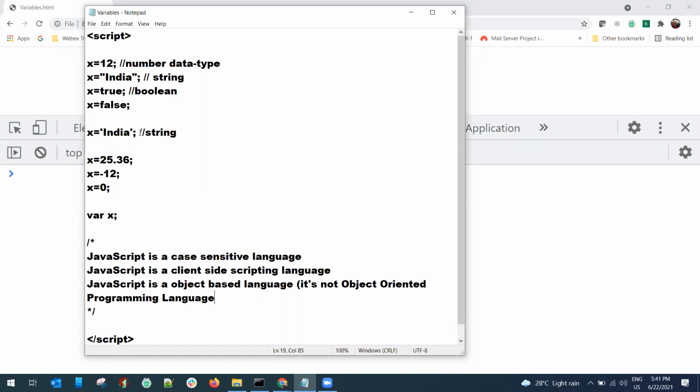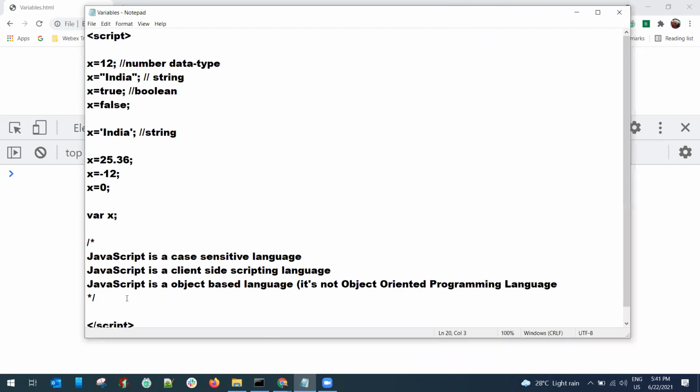One more additional piece of information you have to learn is commenting. This is a single line comment. Any information written after // will not be considered for execution. If you want to write more than one line, then you'll be using /* with */. Okay, good. These are the three major points people have to remember.